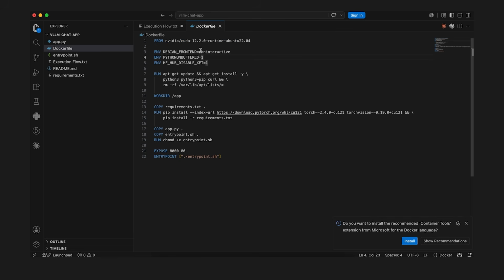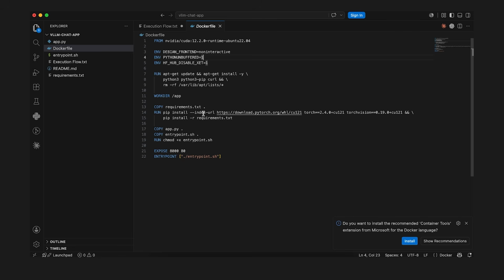Now let me give you a quick walkthrough of the Dockerfile. Remember, our model is running on an NVIDIA GPU. PyTorch and vLLM need a way to talk to that GPU. CUDA is the software layer that makes that communication possible. So instead of starting from a plain Linux image, we start from an NVIDIA CUDA image, because it already contains the GPU libraries that PyTorch and vLLM expect. Without those libraries, the container would start, but the AI model wouldn't be able to use that GPU.